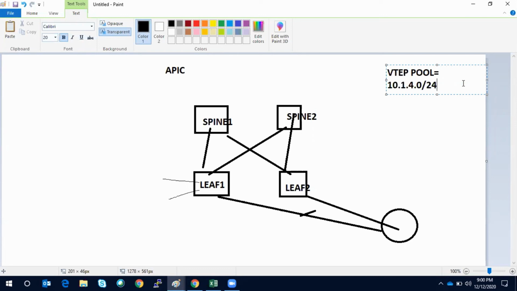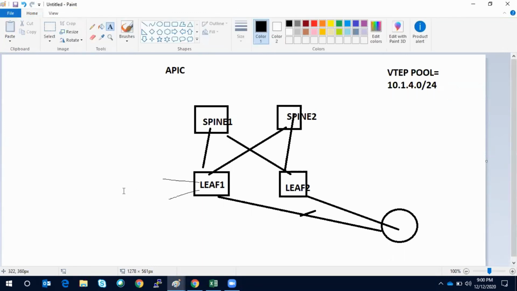You should ideally take /16, the bigger pool, so that in case you are expanding your network, you don't run out of the VTEP pool IP addresses. But for simplicity, I have taken 10.1.4.0 /24.